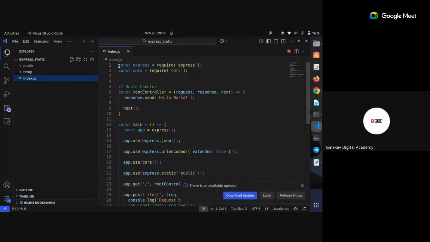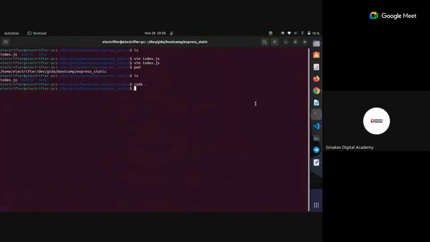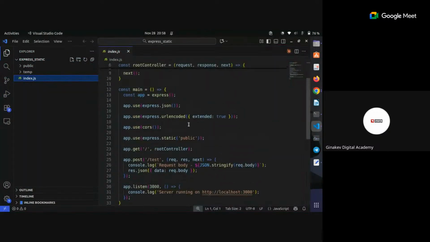Okay, all right. Let me save. VS Code is still loading. Anyways,